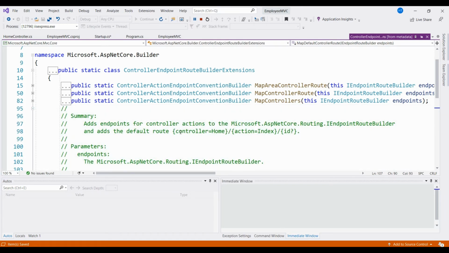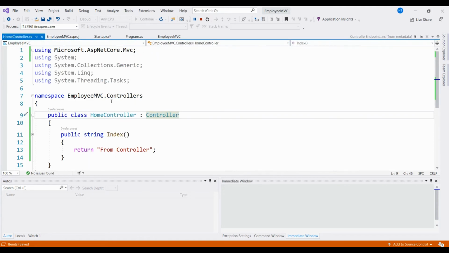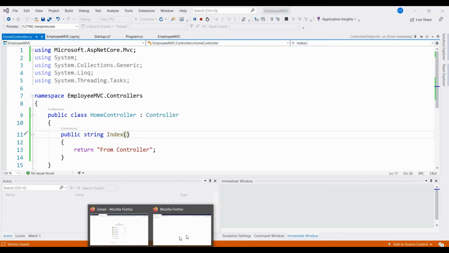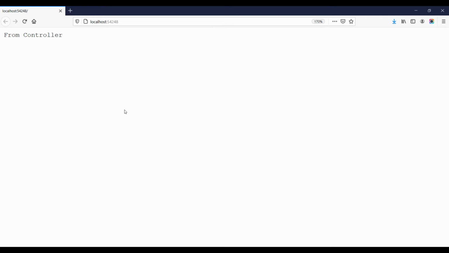You can see that the default route is where the controller is home controller and the action method is the index method. In our case also, that is why we have given the name to our controller as home controller and we have defined the index method. So now when we run our project, we will get the output here that it is from controller.